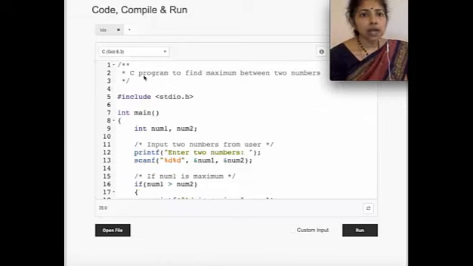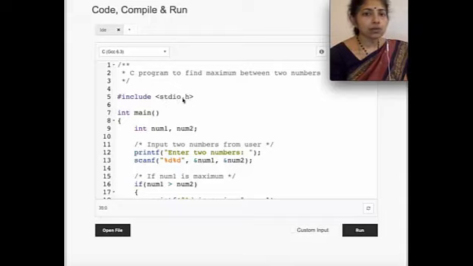So on the screen we have a C program to find the maximum between two given numbers. This is the preprocessor directive, that is, hash include. Anything which begins with the hash symbol indicates a preprocessor statement. So it is including this header file. .h indicates that it is a header file. It is one of the library files indicating the standard input-output statements. So you can use the printf and scanf statements if you include this stdio.h.